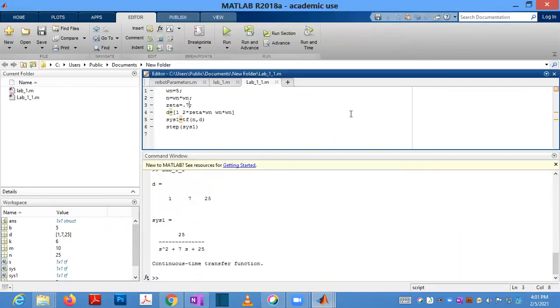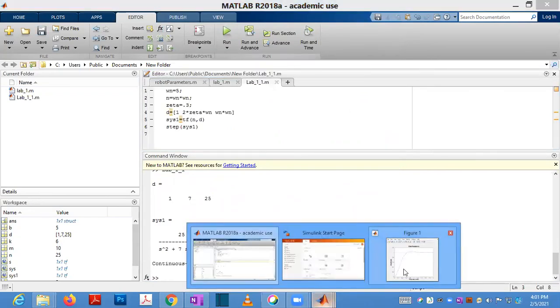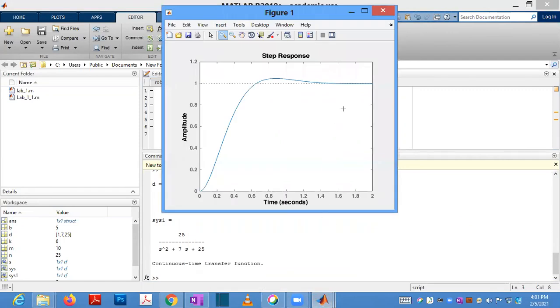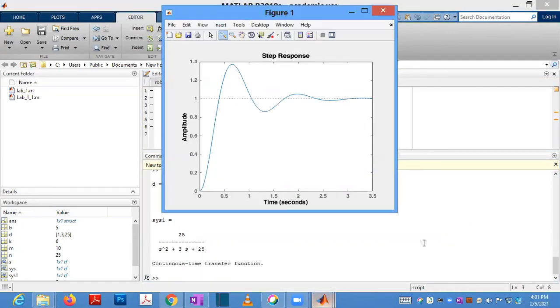So if you are decreasing the zeta value, you will get further more oscillation, like whatever we have done earlier. Zeta value is decreasing, you will get a plot like this. It is settling to 1 because it is a standard system.